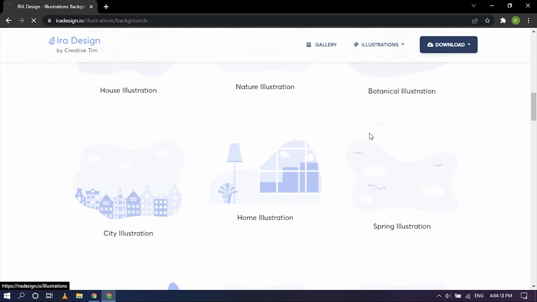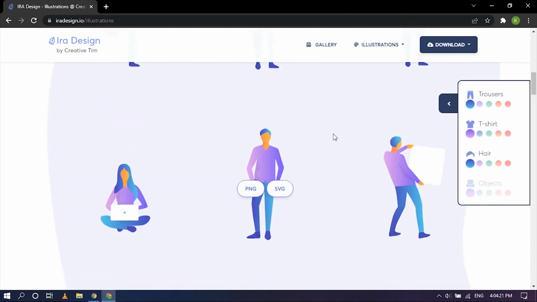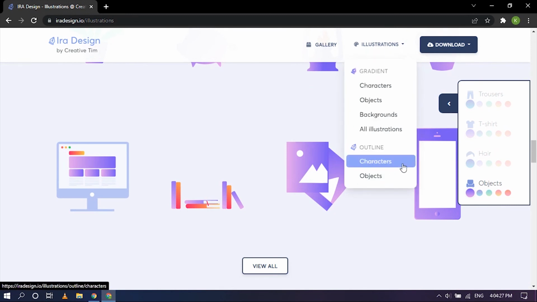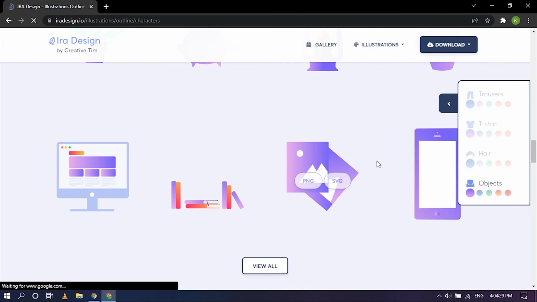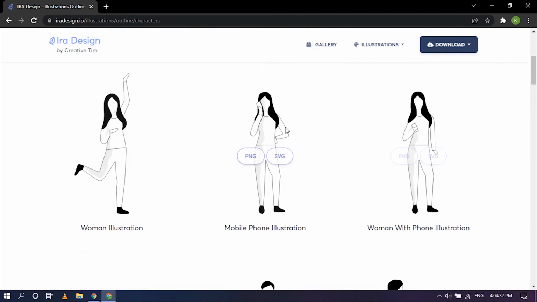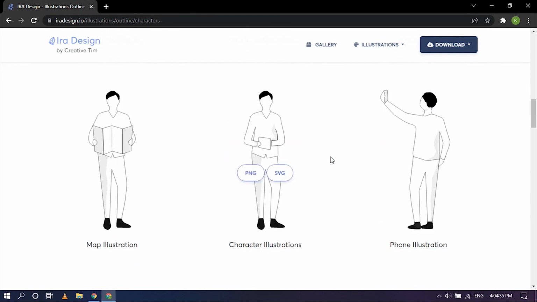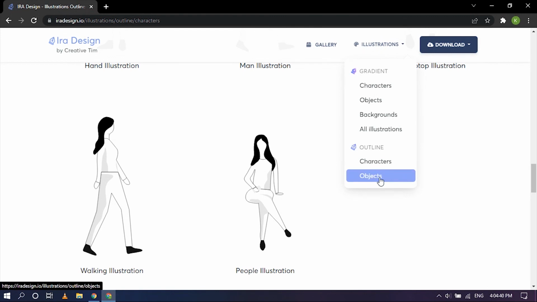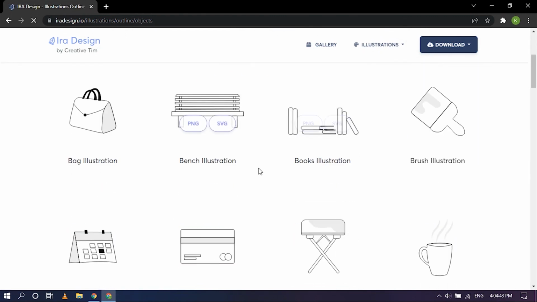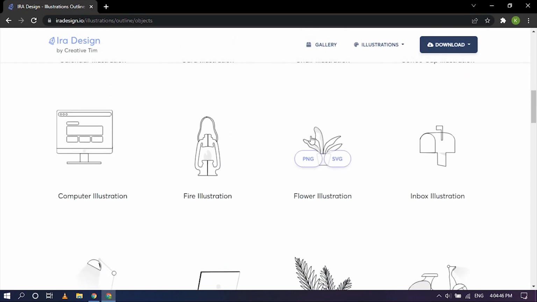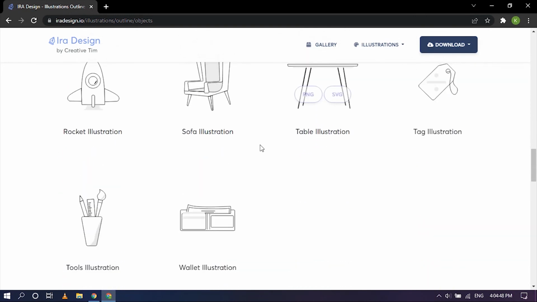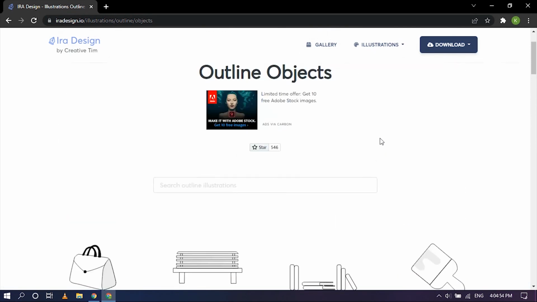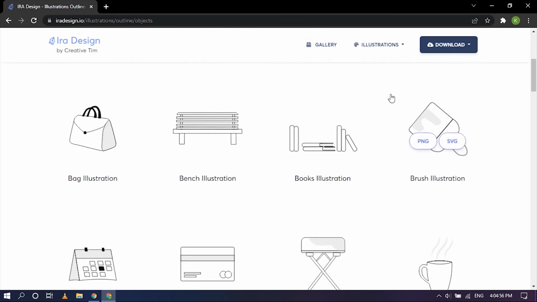So let's click on all illustrations to see. Yeah, so it is a combination of the previous three tabs. So now let's check on outline, characters. It is purely black and white with a little bit of shade, which is really cool. And finally we can look at objects for outline, and it is the same, but it's black and white, a little bit of shade. And yeah, you can use this for free in your projects and your website, your apps, pretty much anywhere, and it will give your